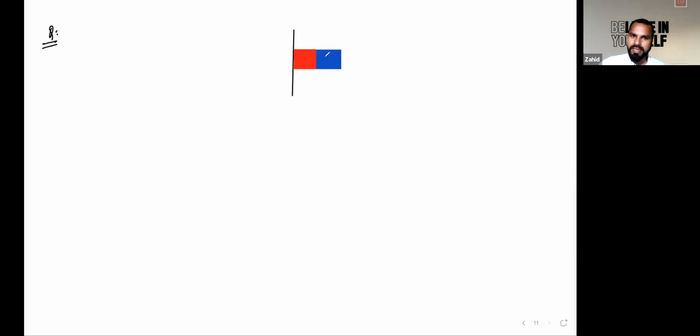This particular block has mass 5 kg, or let's say 6 kg, and this one has 4 kg. Let's say this particular block is A and this one is B. So you have to calculate